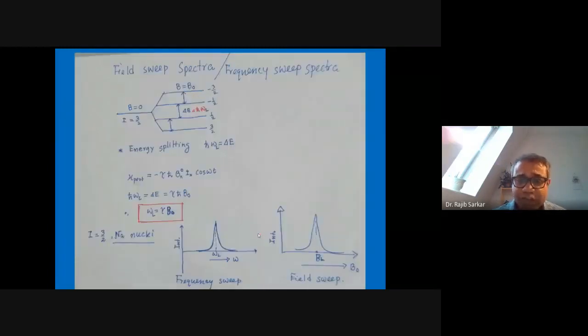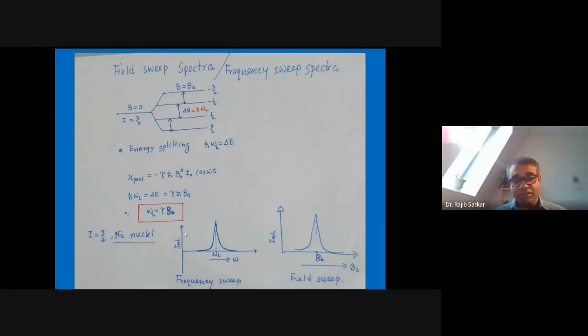Okay. So now what you do: by the static external magnetic field, you split the degeneracy, so the degeneracy of the nuclear energy levels has been lifted. Now you apply a time-dependent oscillatory perpendicular field to satisfy the resonance condition, and this is the resonance condition: omega_L equals gamma B0. Now, for example, if you take a spin 3/2, there are two ways you can satisfy